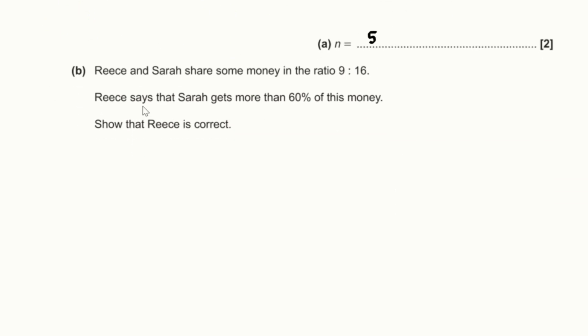For part B, Reese and Sarah share some money in the ratio 9 to 16. Reese says that Sarah gets more than 60% of this money. Show that Reese is correct. Well, Sarah, she would get 16 out of 9 plus 16 in total. And if I multiply this by 100,